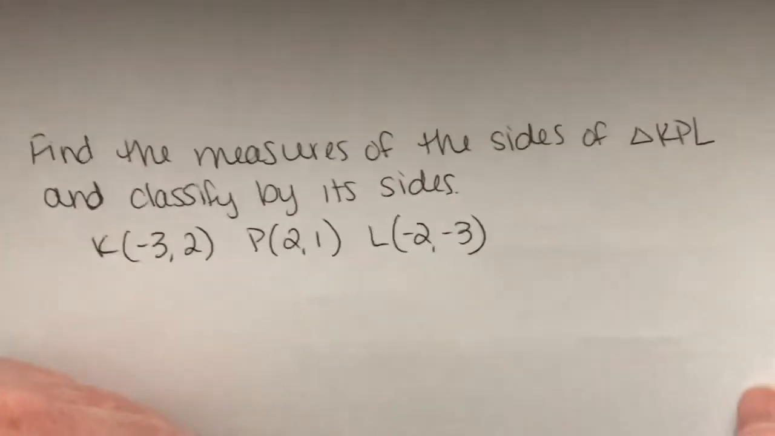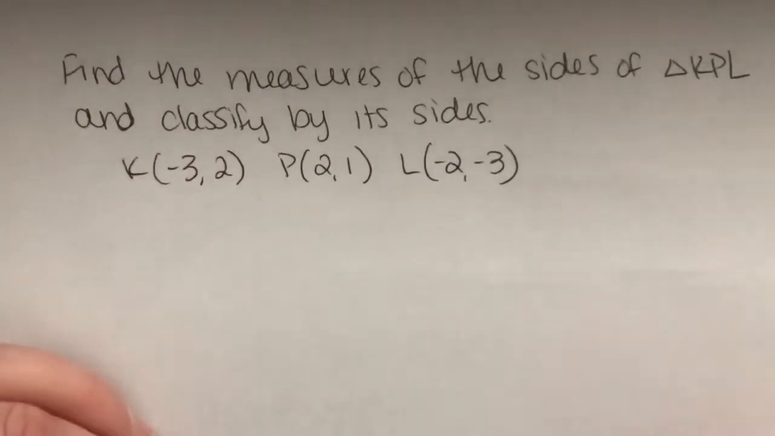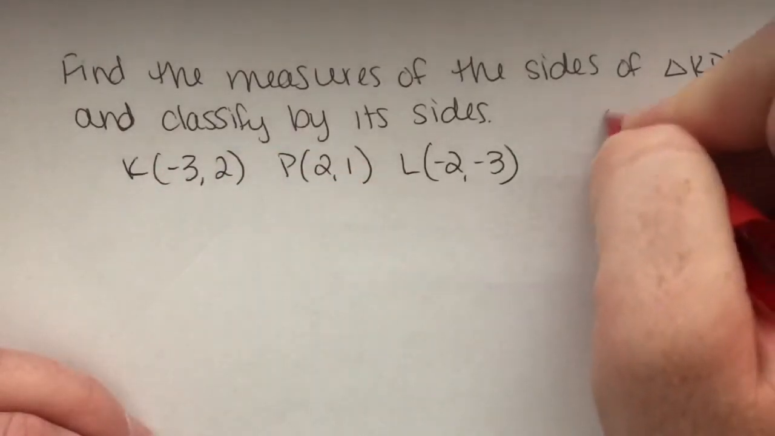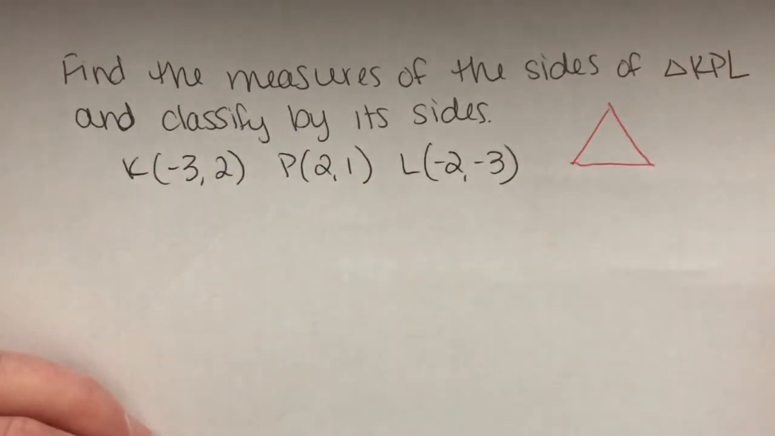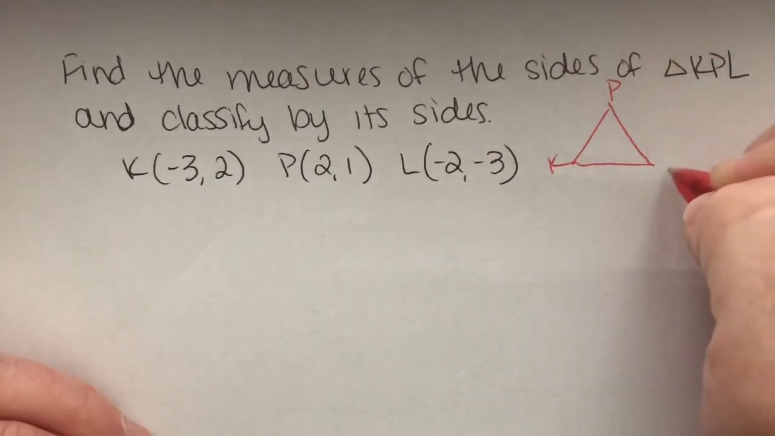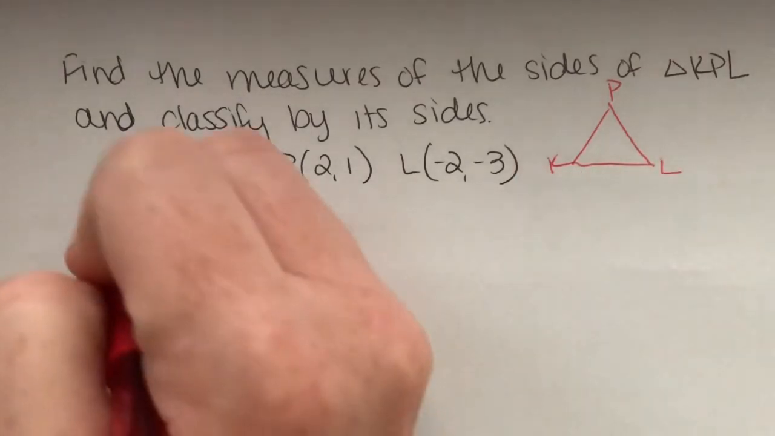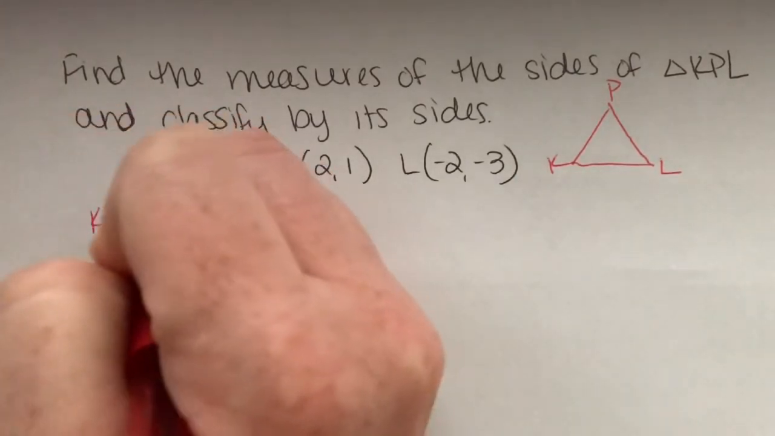Okay, we're going to do the exact same thing here. You can pause the video if you want to try it first. I'm going to work it out same exact way. So I have my little idea in my head of what my triangle looks like. I'm going to have side KP, side PL, and side KL. So I got to find the length of each side, right? So for KP,